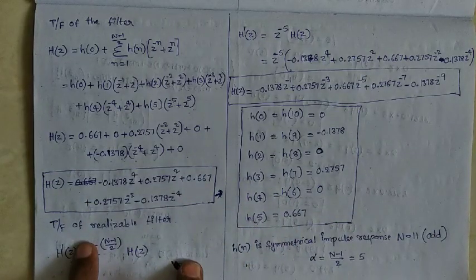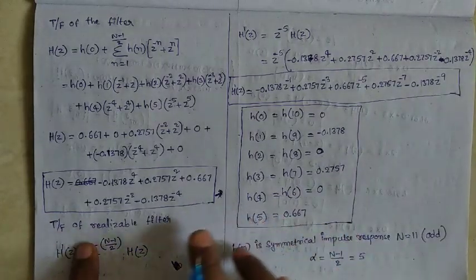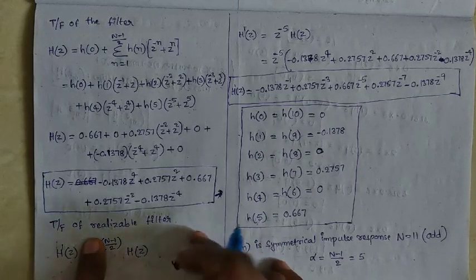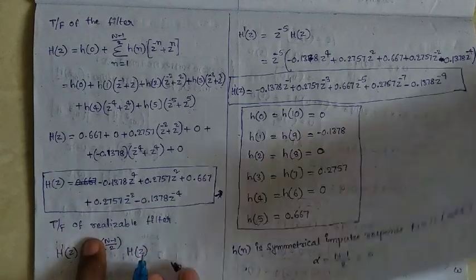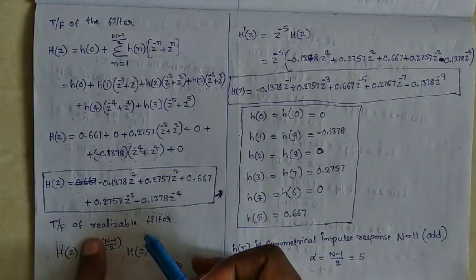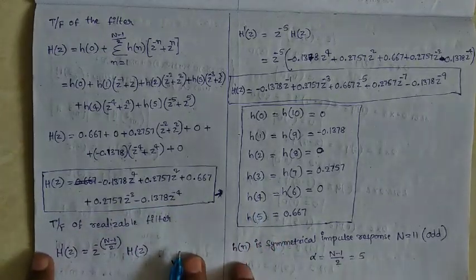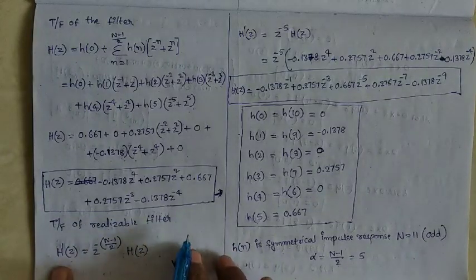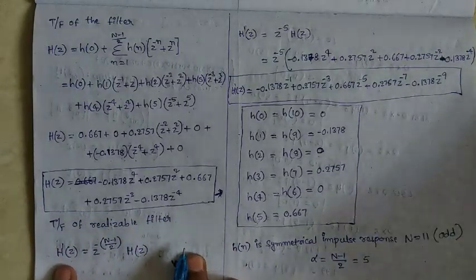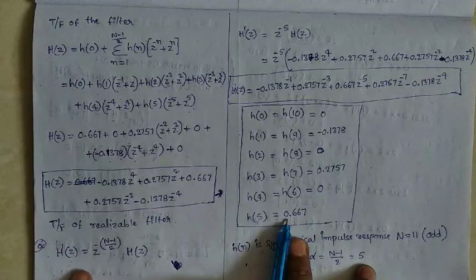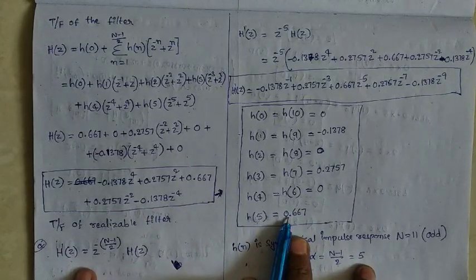Here the band rejection filter is a causal system. How do we obtain the causal system? Simply, to obtain the transfer function of a realizable filter, here by using the Fourier series method, what is the fourth step? From this fourth step we are determining the transfer function of the FIR filter.